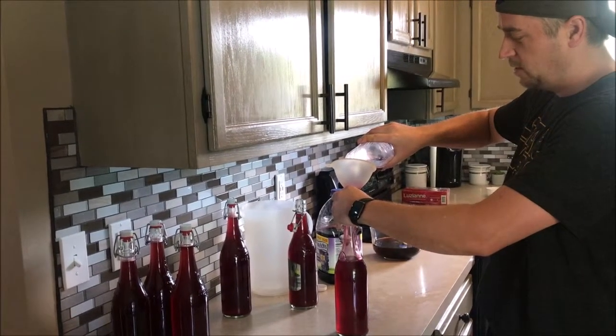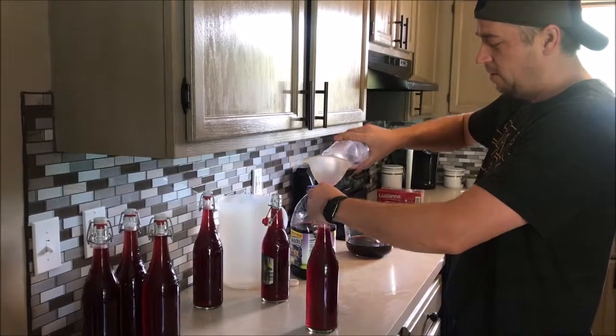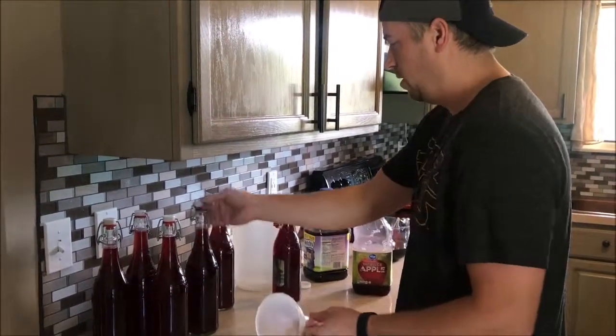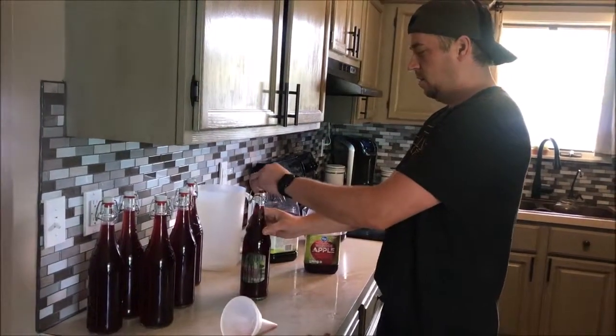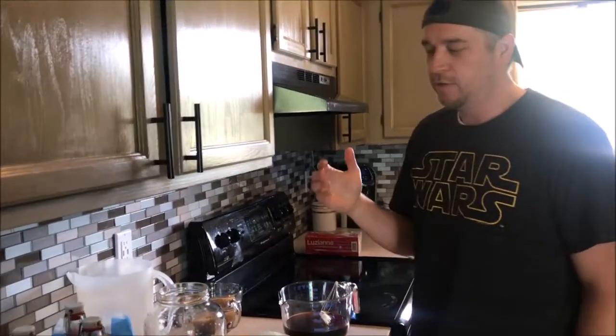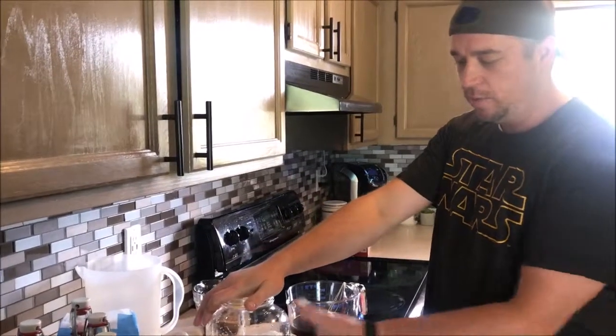But once you refrigerate it, it stops that fermentation process and kind of settles it down. So you can generally safely open the bottle without endangering your life. When I say first and second ferment, obviously your first ferment is when you add your black tea,